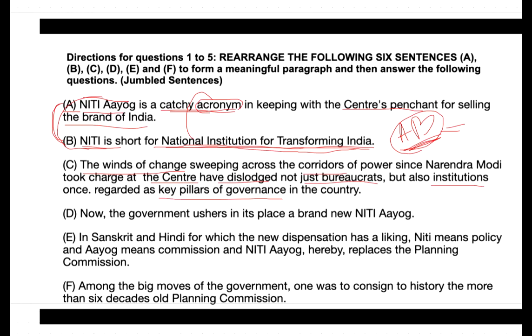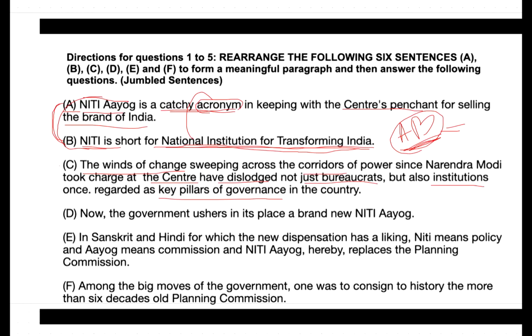Now, what is the idea that you can draw from option C? Because you need to understand each sentence. What does it try to indicate? Because once you understand the key idea of each sentence, then it becomes easier for you to make a connection of one with the other, right? And you would also find out how the connection works.